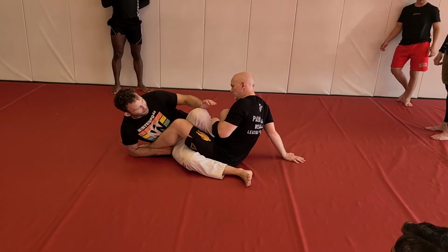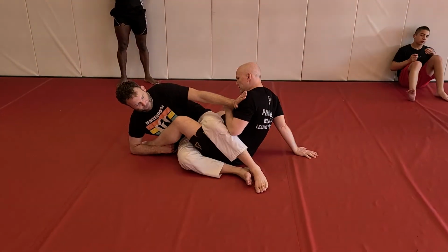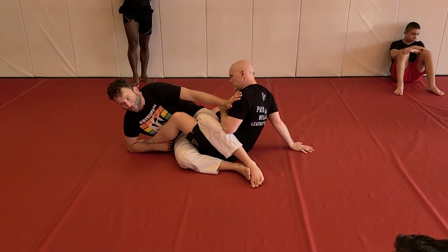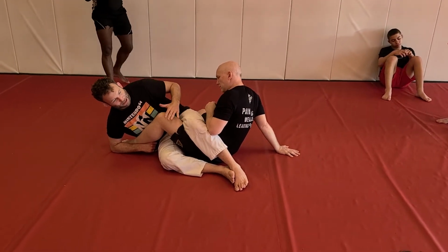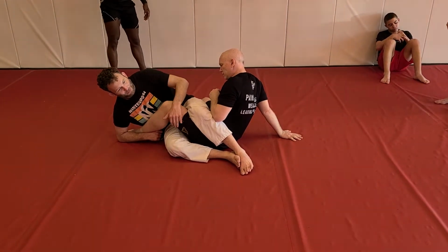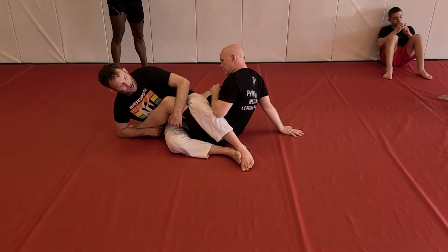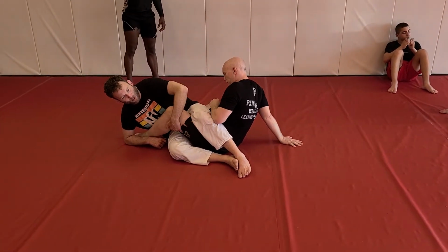So say I was here, I would manually push on the shoulder line so my toes can lift and clear. And then from here is where I switch to the reverse. And then what I'm looking to do is try to get the knee to aim at my belly button and have one thigh on either side of Scott's thigh. Neither one of my thighs is going to wedge behind his knee,